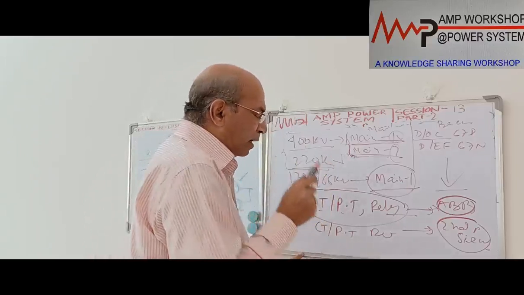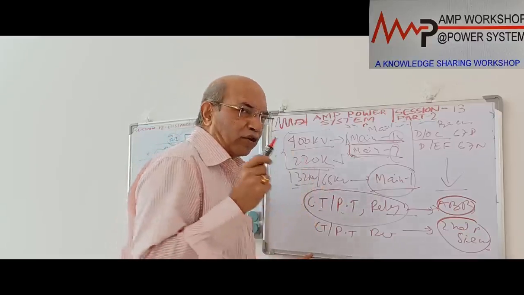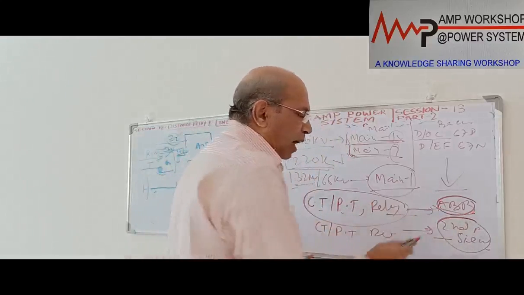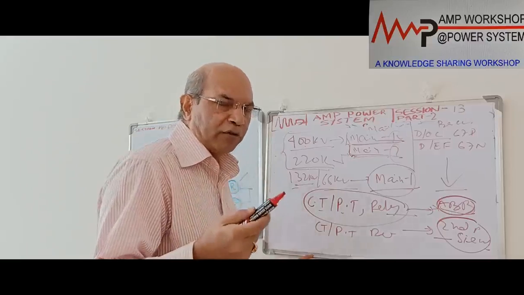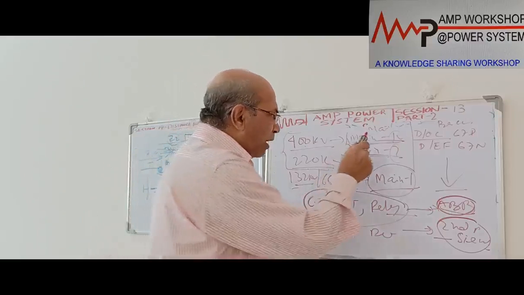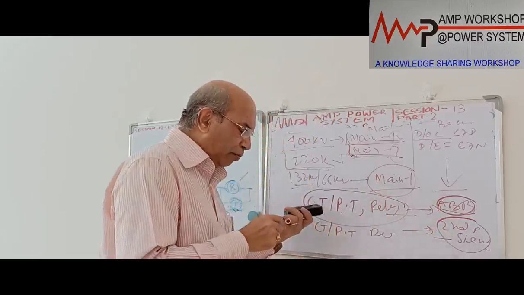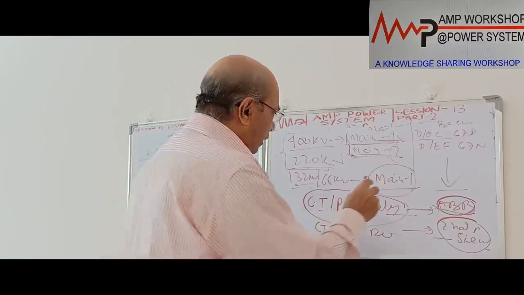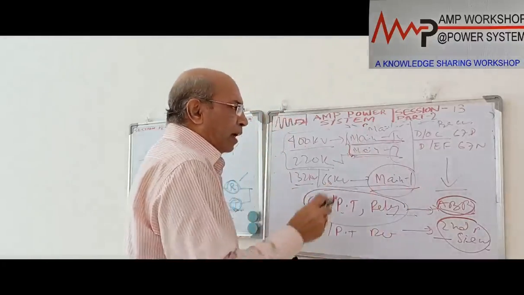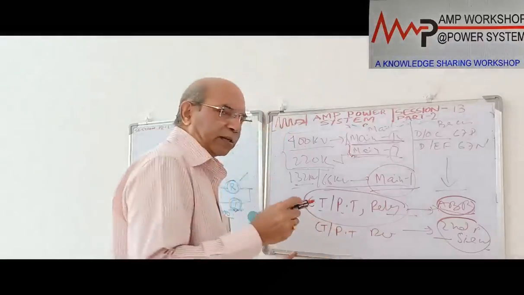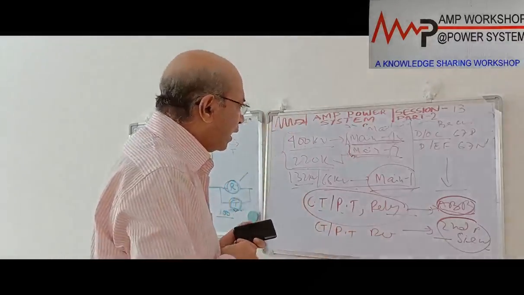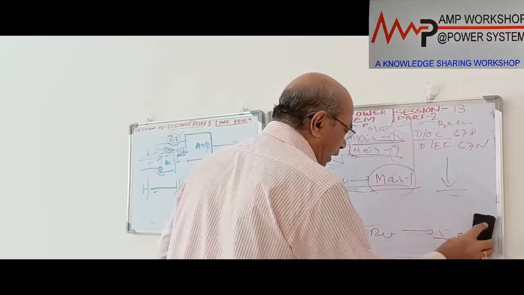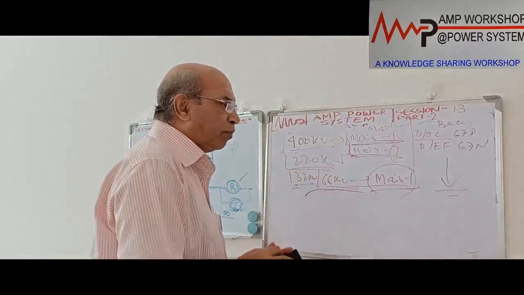Under certain conditions, maybe one make of relay cannot cope with that disturbance, but the other make of relay may cope. But if both relays are the same, under the same condition both can have the same mode of failure, and both relays can fail. That's why the practice is that for main 1 and main 2, the relay, CT, PT, everything will be from two different manufacturers and completely independent of each other. For 132 kV there is one main protection, and the backup protection is directional overcurrent and earth fault protection. Now all this main protection we discussed, for all these transmission lines from 66 kV onward, is non-switched protection.